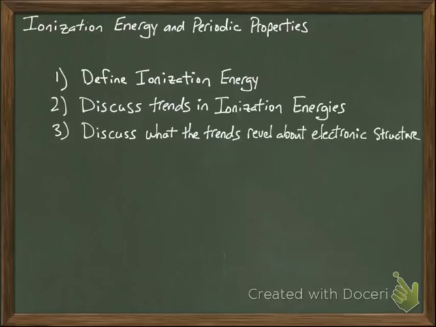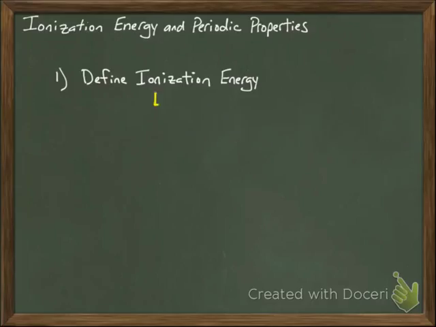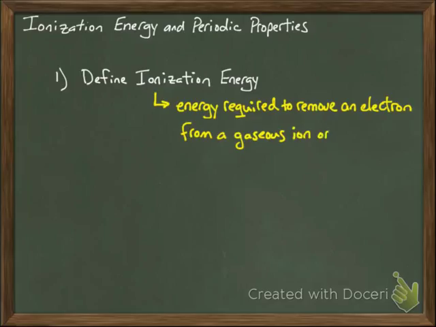So in other words, what do the trends in ionization energies reveal about how the electrons are arranged in the atoms across the periodic table? So first, define ionization energy. This is the energy required to remove an electron from a gaseous ion or atom. So we're basically ripping an electron away from any particular atom in the gas phase, and that defines the ionization